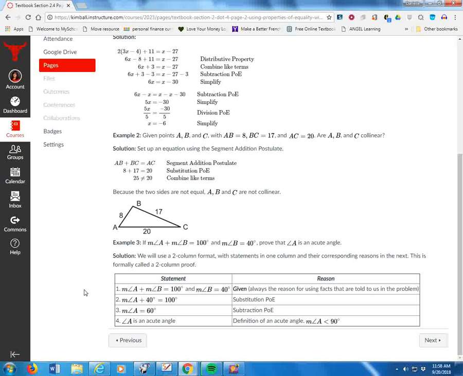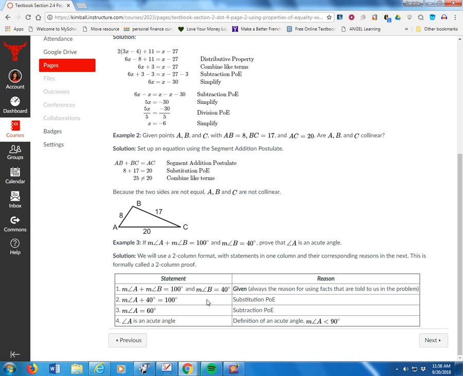Now, they said the measure of angle A plus 40 is 100. Why did they put 40 in for B? Well, they said here that B was 40. So the substitution property of equality lets me substitute 40 for B. So now I have the measure of angle A plus 40 is 100. Substitution property of equality. Now I'm going to subtract 40 from both sides, subtraction property of equality, and I know